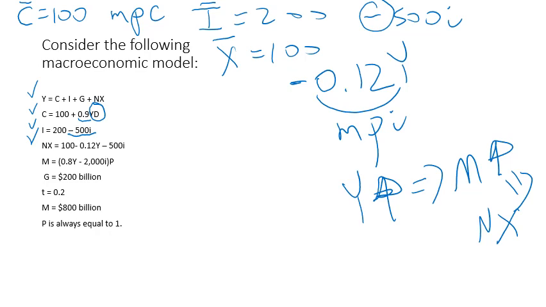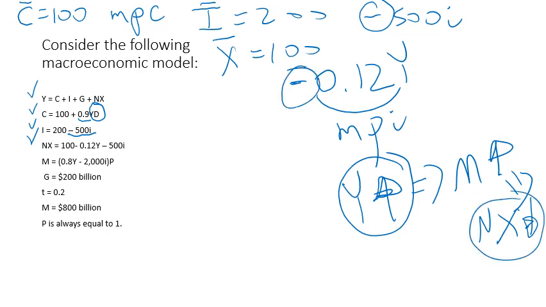Well, the answer is net exports will go down. So this is the cause, and that's the effect. And this negative sign tells us that it's an inverse effect. All right. This other term, negative 500i, well, that means that interest rates also play a role